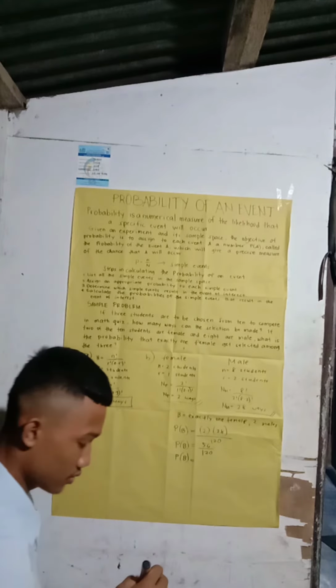So, compute this to get the probability of B, which is equal to 56 over 120. We can still simplify this to 7 over 15. So, this is now the answer for our